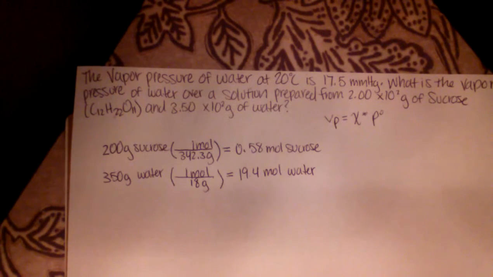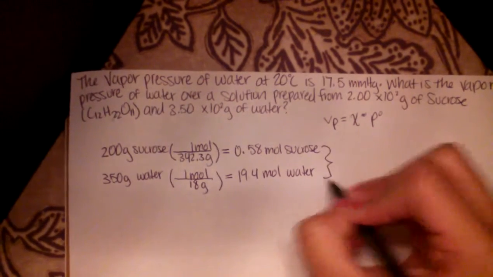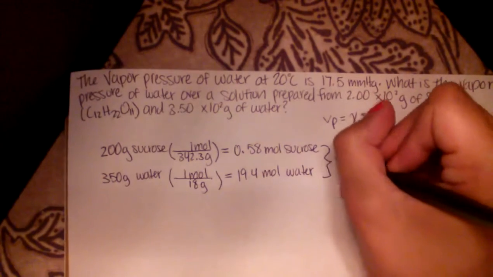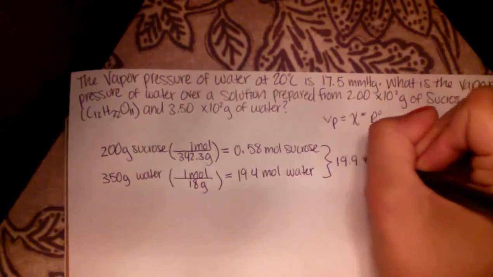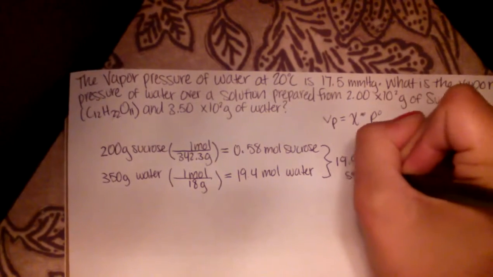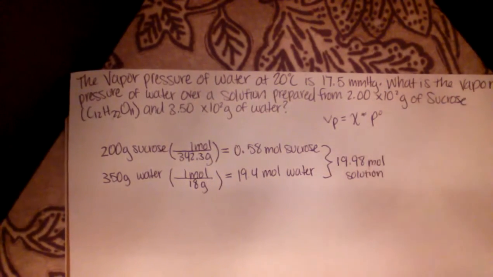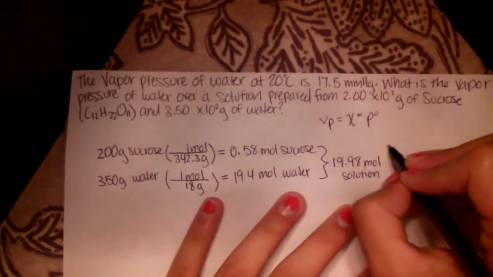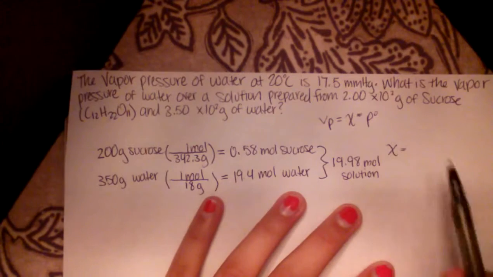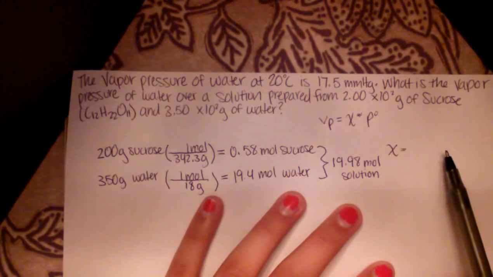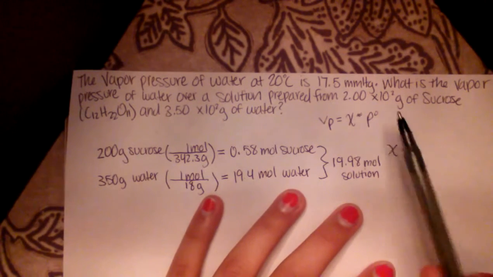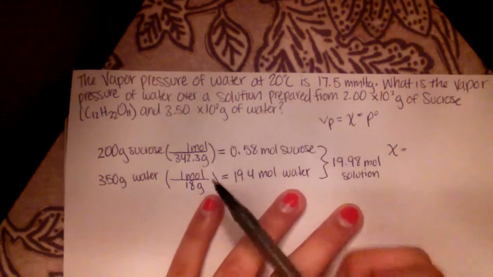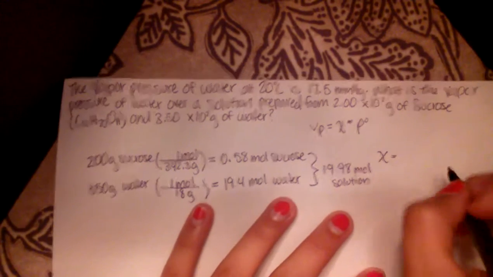So basically, okay, we have the mole values. What would be our total mole value? So the whole solution has how many moles? If you add these two values together, you get a total of 19.98 moles of solution. Why I do this is because you're going to need that to help calculate your mole fraction. Because again, your mole fraction is going to be equal to the moles of your solvent, or in this case, the moles of water, which is what they're asking for. They're asking what is the vapor pressure of water. So we say moles of water is